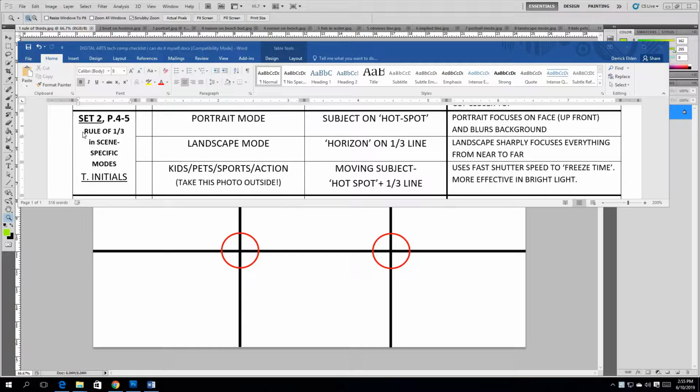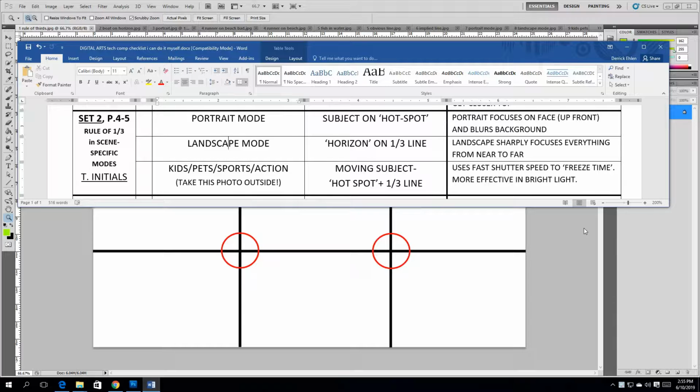This is set to the rule of thirds in scene modes. Scene-specific modes, the three we're going to deal with are portrait, landscape, and kids and pets, or sports, or action, whatever your camera calls them. Scene-specific modes are exactly that. They are still automated, but they are doing some things internally with the camera to sort of optimize for a particular scene or situation. Before we get to that, we're going to talk about the rule of thirds, which is